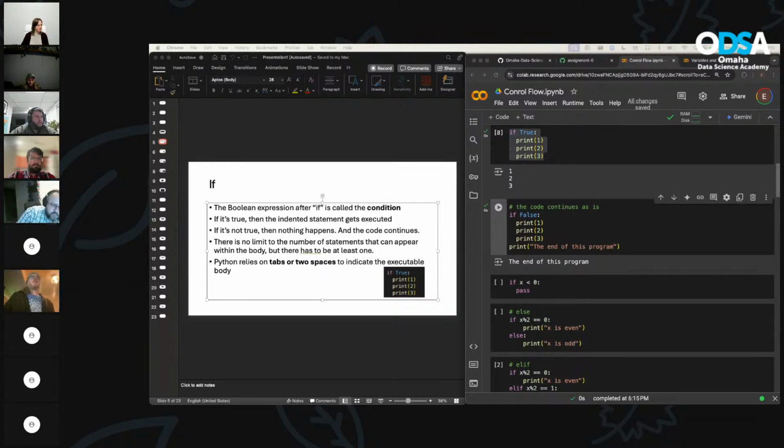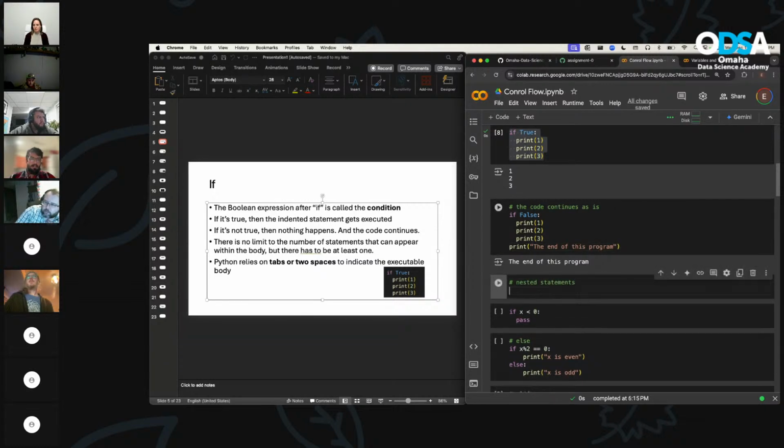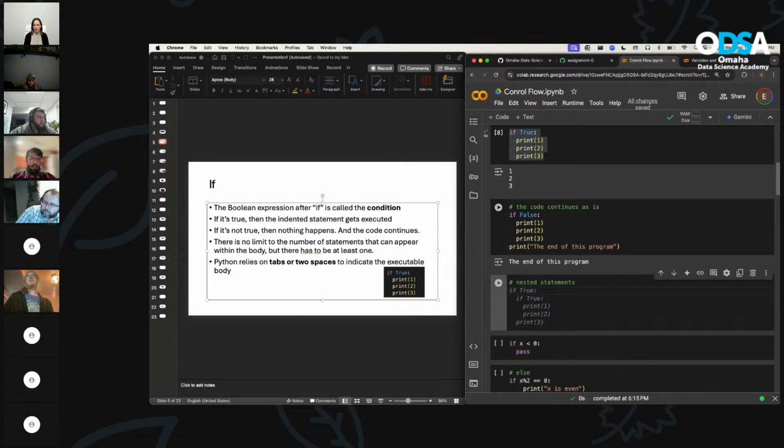Sorry, does the tabbing in still work for nested statements? It does. That's a great idea. Let's look at nested statements. So for the tabbing in,